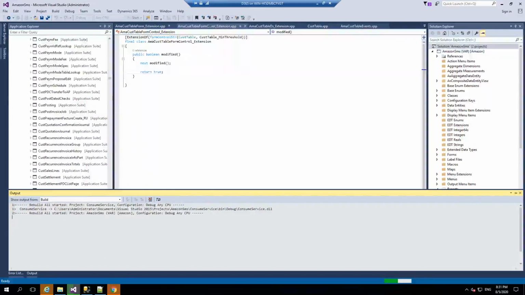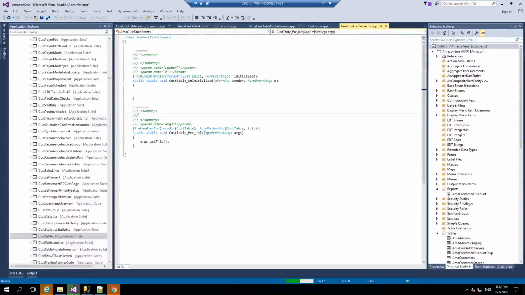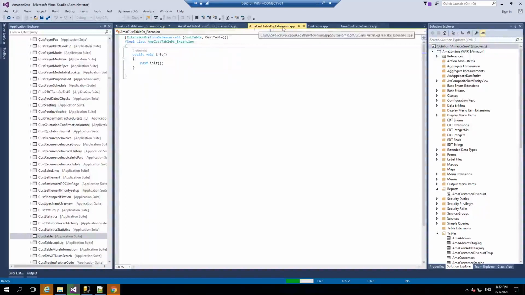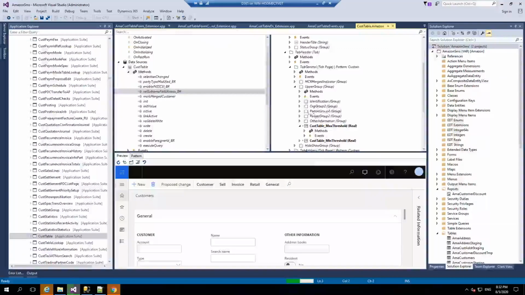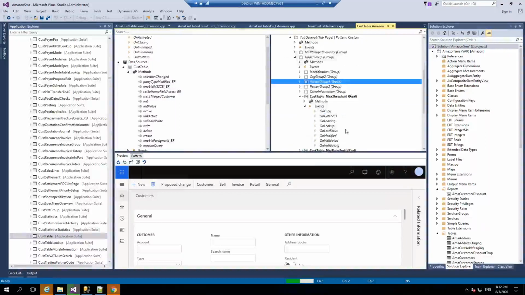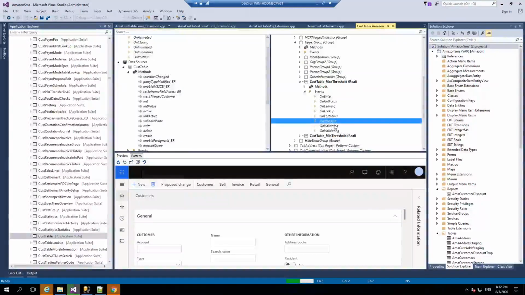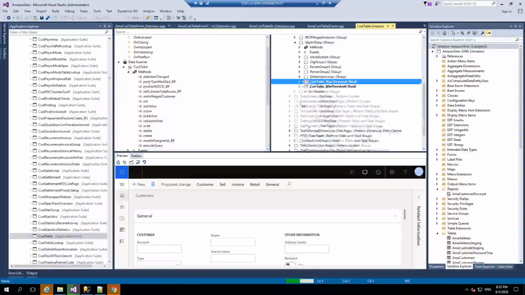So this is how we will work with form extensions. And again, see here, you will have the events everywhere. Now, if I go to this CustTable_Amazon, you can see here as well, you will have the events. And let's say here as well. Events are everywhere: OnModified, OnValidated, OnValidating. If you want to use the events, you can use them, but only one thing